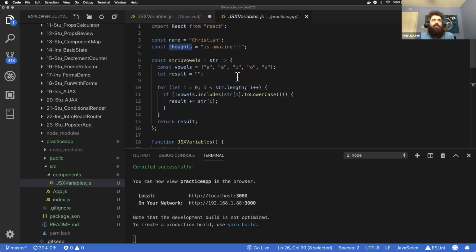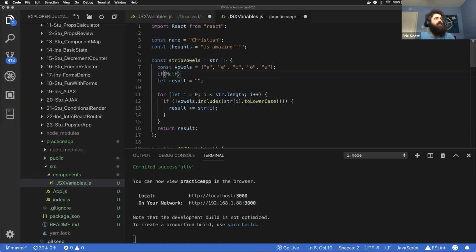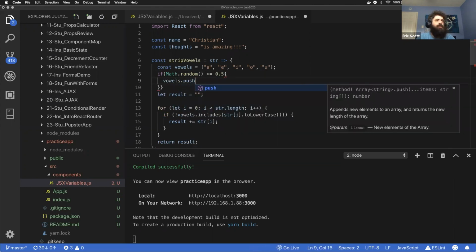The strip vowels function works by creating a list of vowels and then going through each letter in the alphabet and asking if the array vowels includes the lowercase version of that letter. If it does not, then we add that letter to our result. Otherwise, we get rid of it. Something cheeky I always like to do is say if Math.random is greater than or equal to 0.5, vowels.push y,